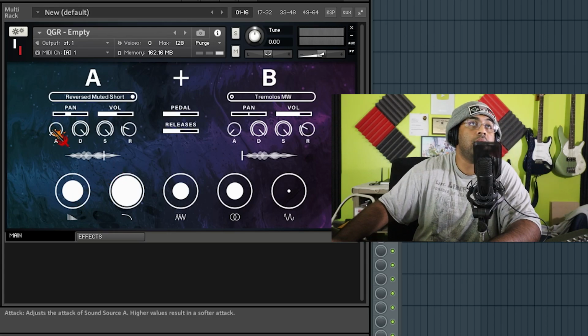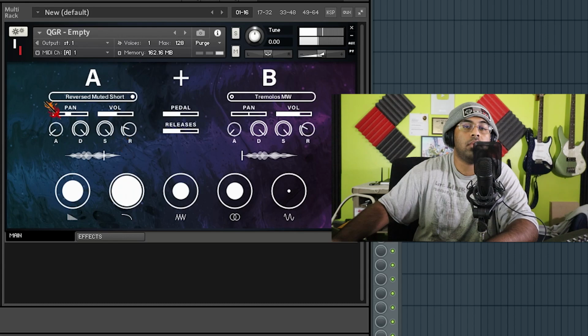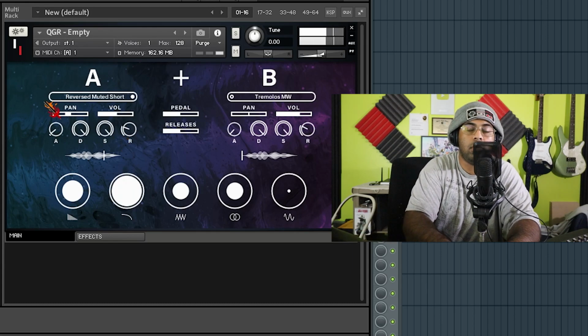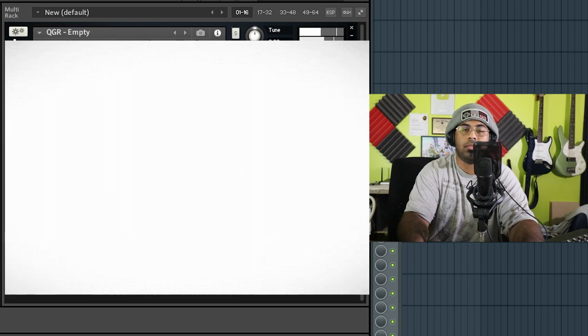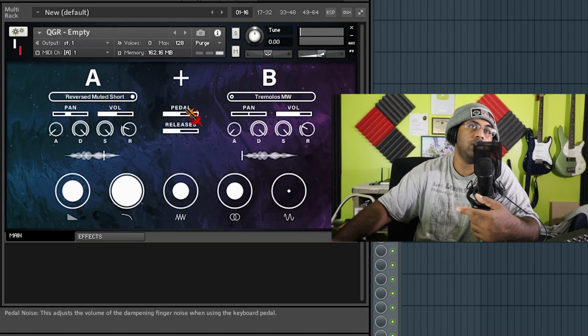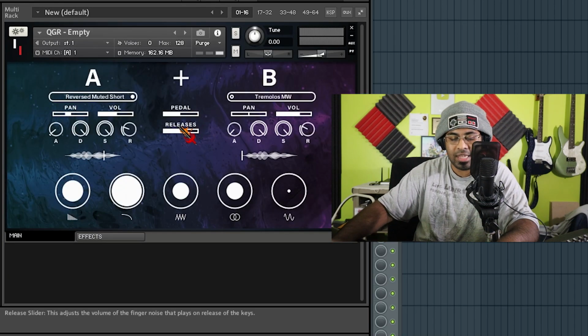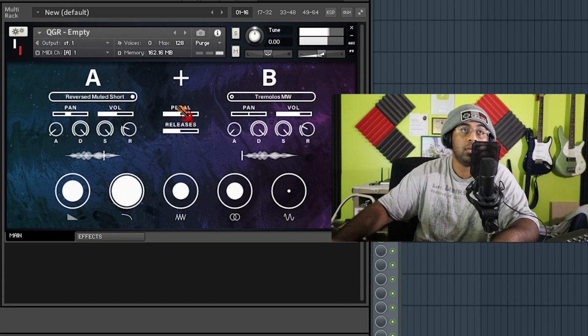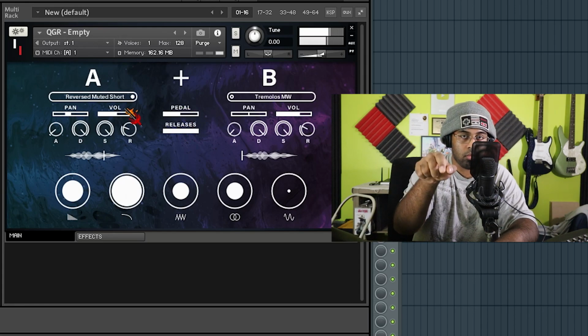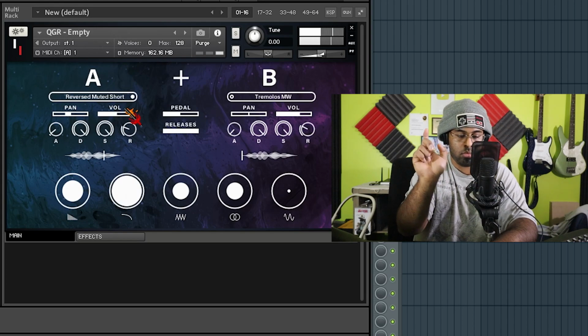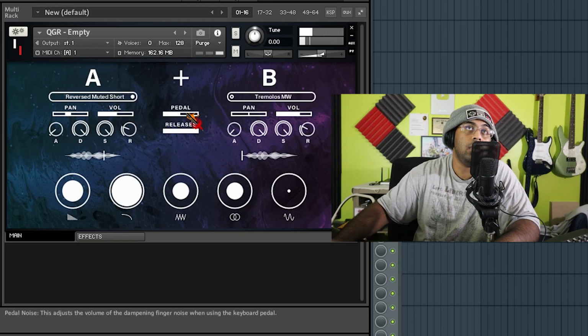So to fix that, cool. We have something that deals with the pedal, the dampening, the sustain pedal, and releases, adjust the volume, finger noise. So the release has to deal with that.